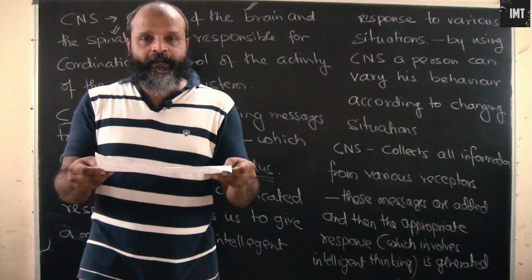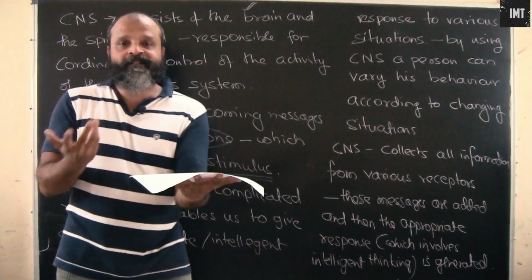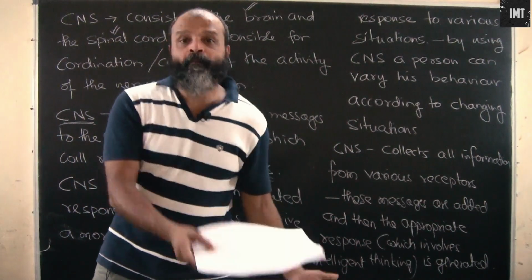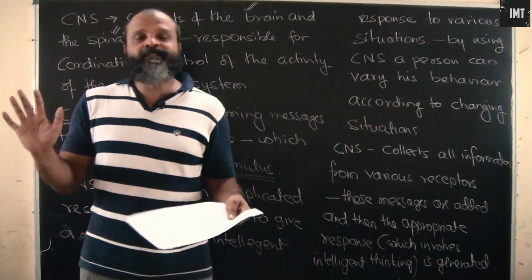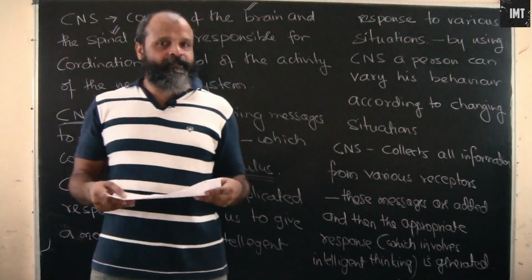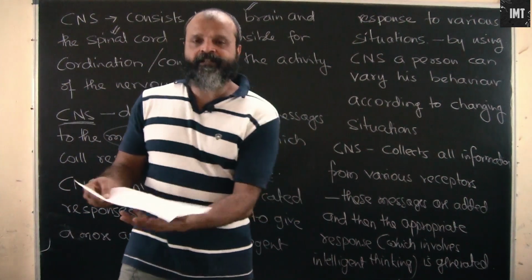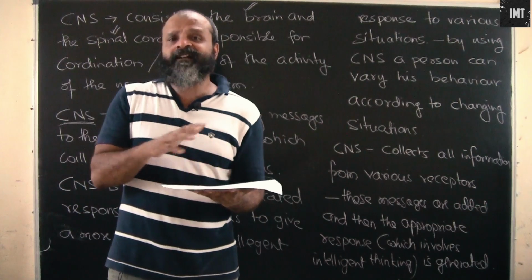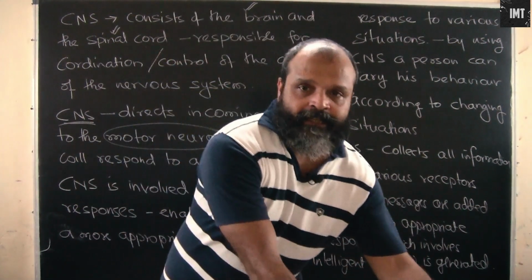If I see what could be the immediate response, the receptors take in that this is very hot. So will I drop it? If I drop it, then what will happen? Obviously the plate will break, the food will get spread out, and so this is not an effective response. Our brain will think about it. I have just picked up the plate without understanding the degree of hotness of the plate. So I will not drop it, I will rather keep it.